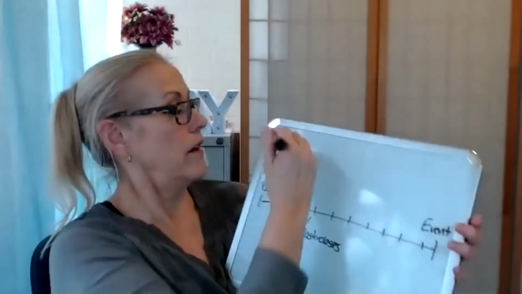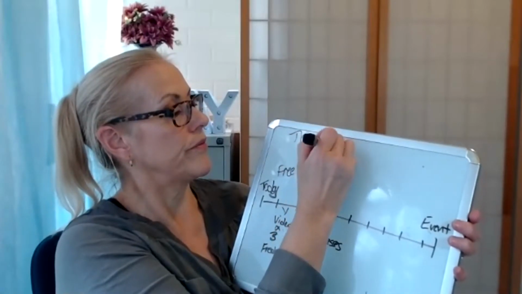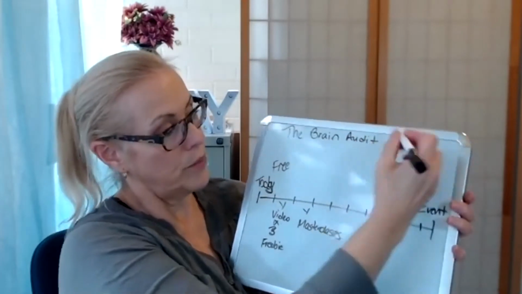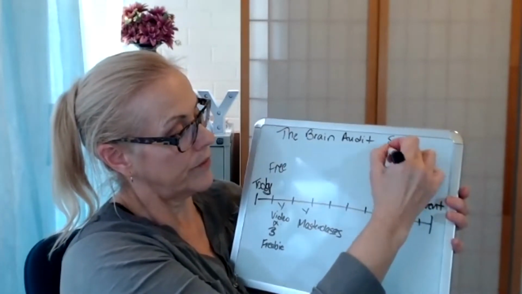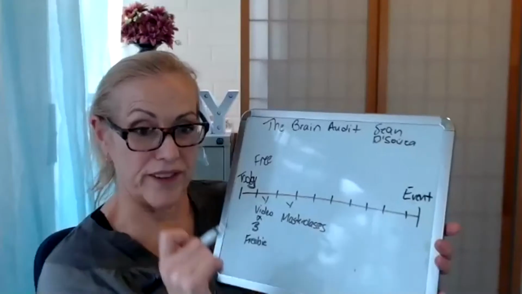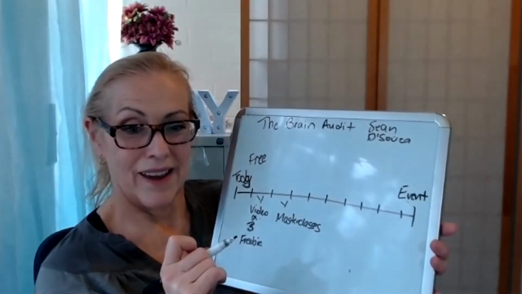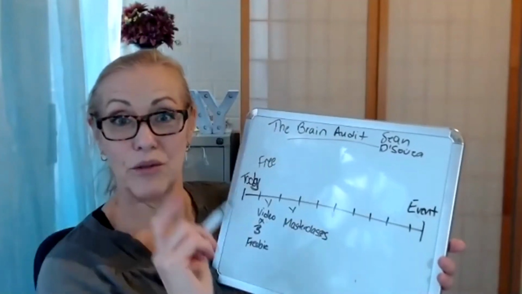That person, one person. Just write down, hang on, get The Brain Audit. It's a book by Sean D'Souza. Oh, The Brain Audit. I know who my avatar is. And that's one person? Yes. Have you interviewed her? Have I interviewed her? No, I haven't actually. Get The Brain Audit and do it.